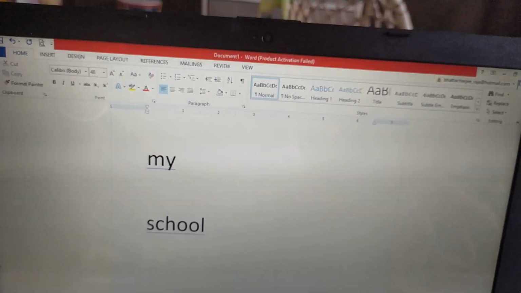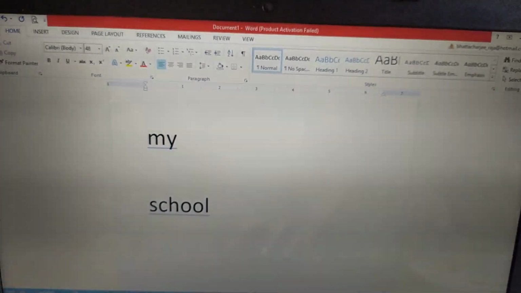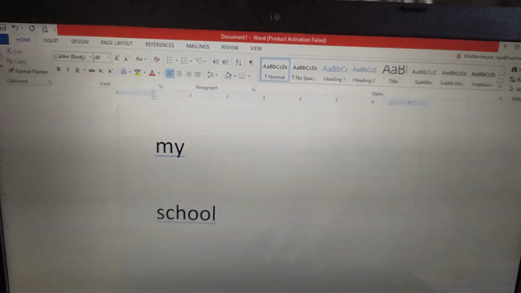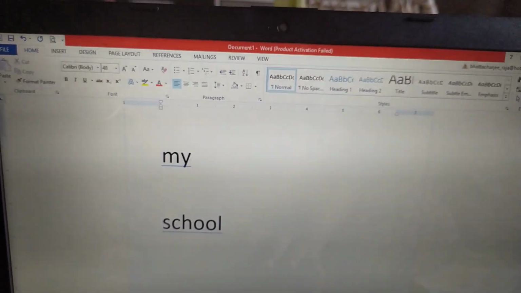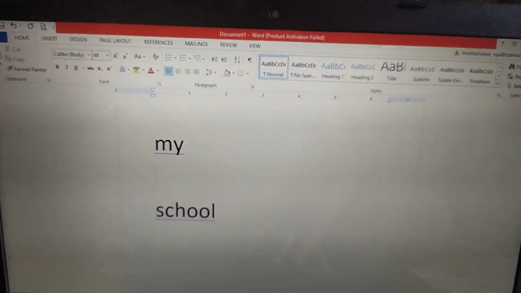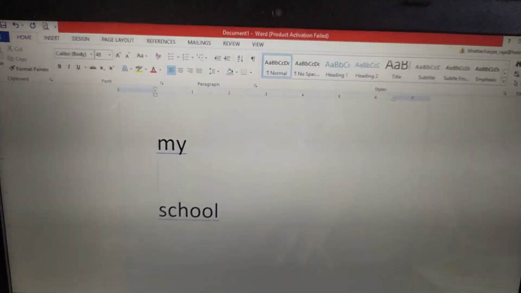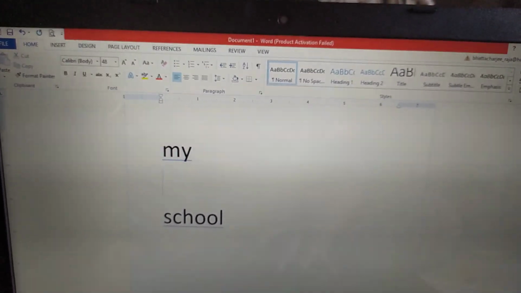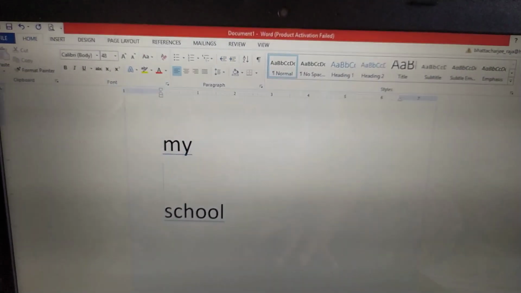Now, how to delete a character? Using the delete key and backspace key, we usually delete the characters. And there are certain rules to delete the block of text. To select it, press the backspace or the delete key. The block of text is deleted.